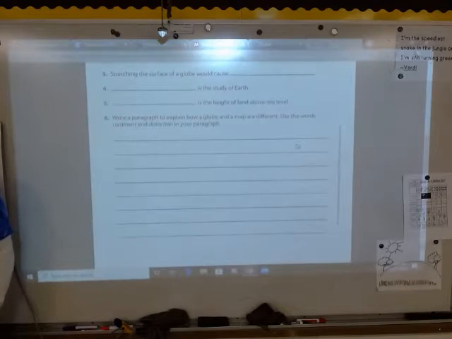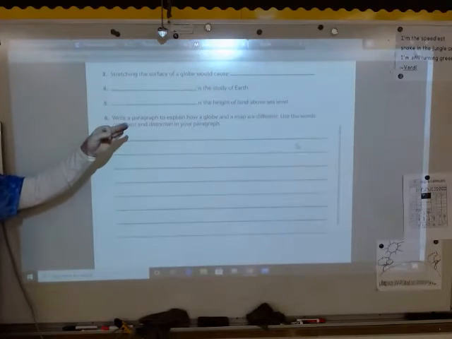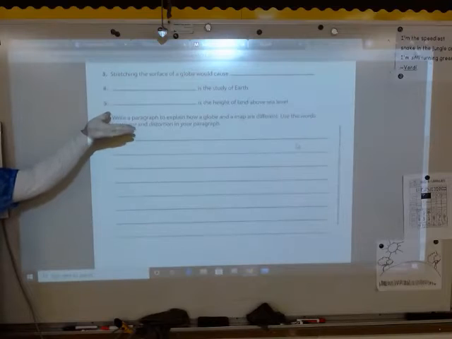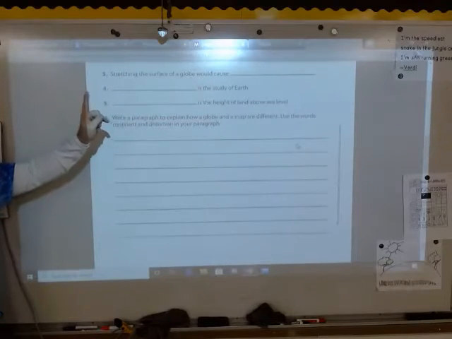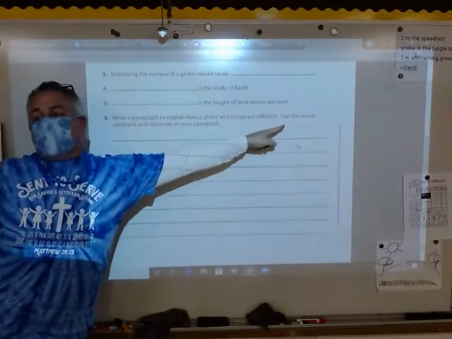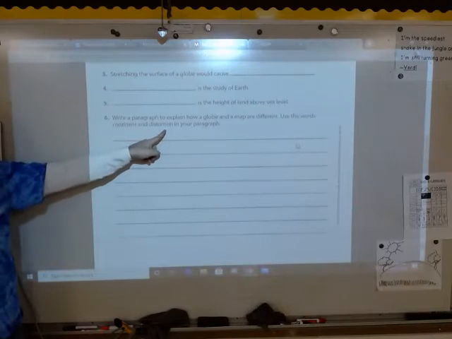When it says write a paragraph, can I just say globes and maps are different because one's flat and one's round? Yeah. Is that a paragraph? No. That's not a paragraph, is it? It's just a sentence. So it wants me to write more than one sentence. Could you write that sentence I just said? Sure, but look at this thing they add. Ready? Watch. Use the words continent and distortion